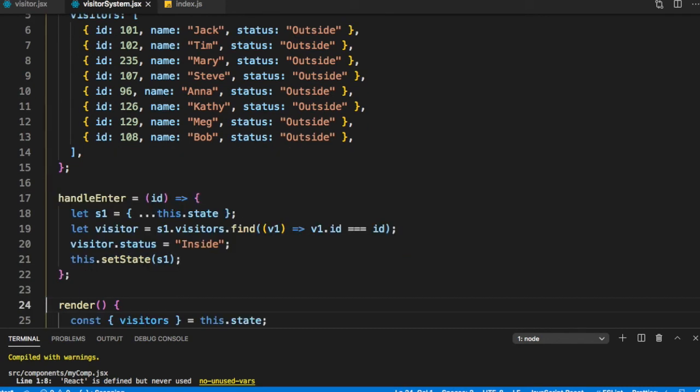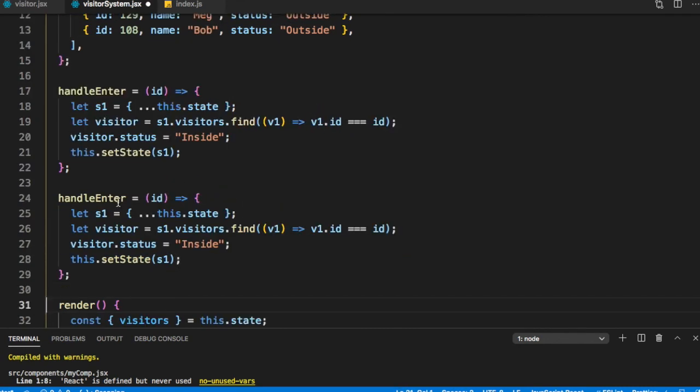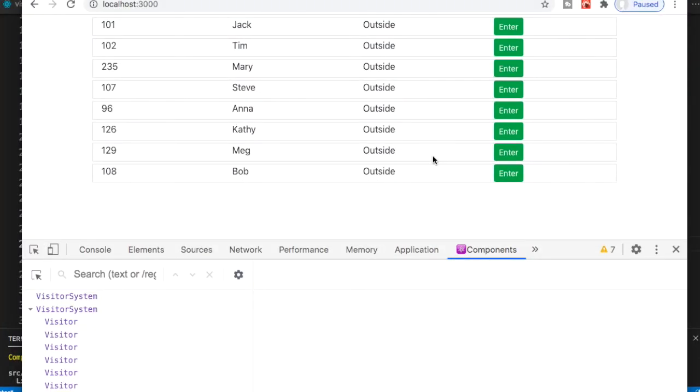It will be very similar here. Handle exit, and the status would become outside. Let's go ahead and test this part of it. So we have enter. Now if I click on enter, it becomes exit. If I click on them, they become different.